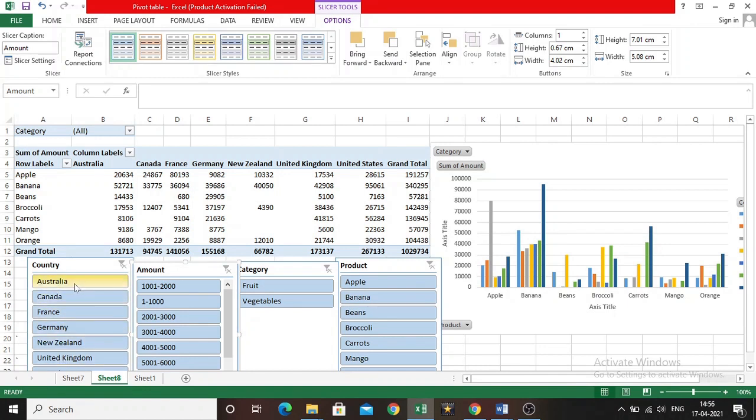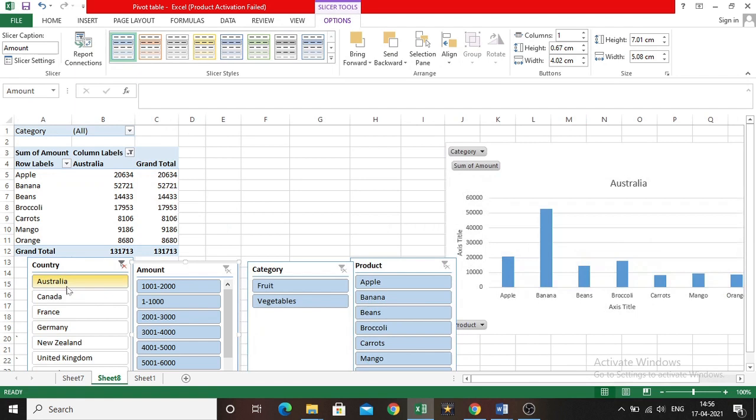I just want to see only Australia. Right now all the countries are selected. Now I am selecting only Australia. Now you can see the pivot table has changed. All the products corresponding to Australia alone are shown in the pivot table, and similarly all the values corresponding to Australia alone are shown in the pivot chart also.